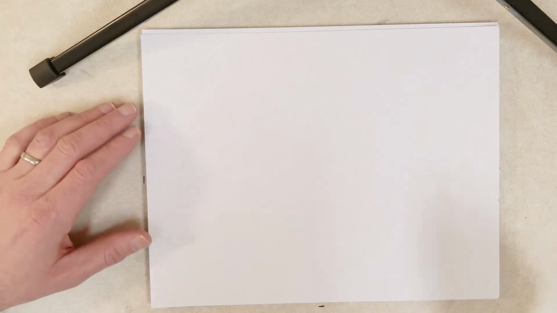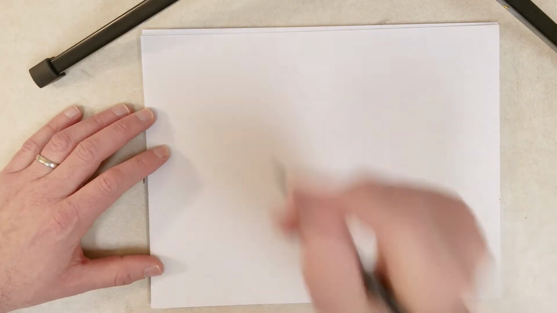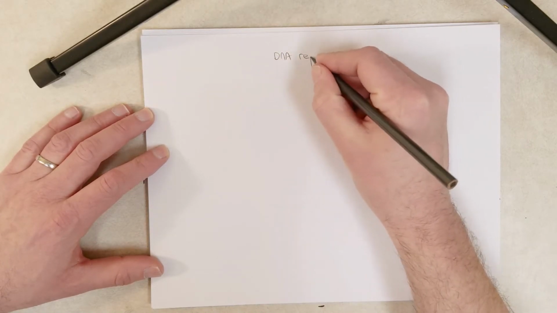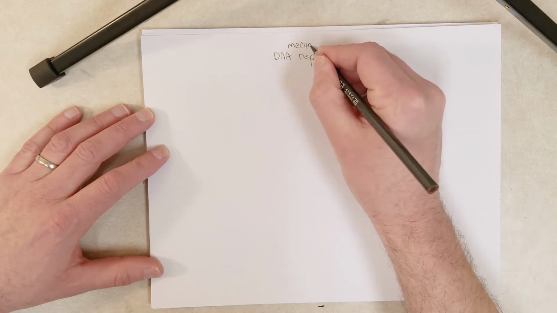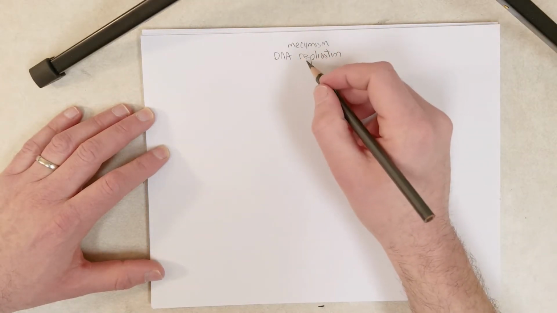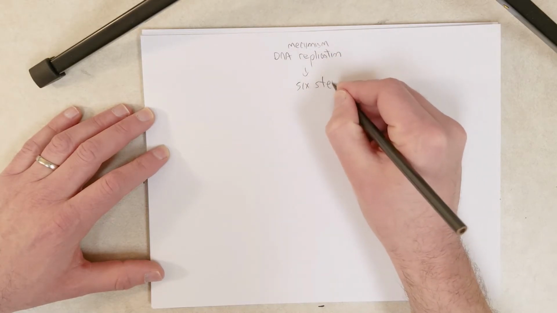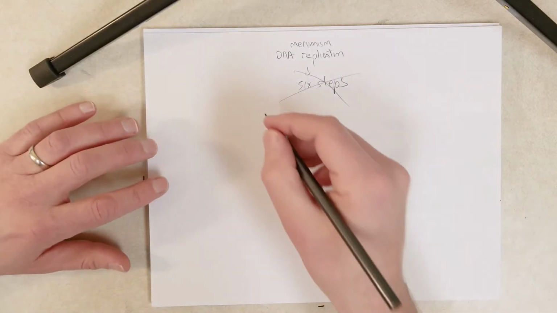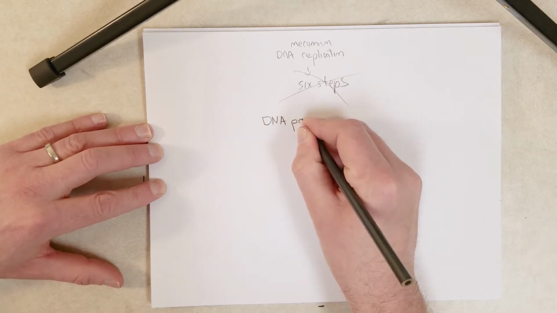Hi everybody. In this video, we are almost ready to start talking about the mechanism of DNA replication. So, mechanism of DNA replication. And I like to talk about this mechanism by describing 6 steps. But before we do that, I think it might be best to first look at the properties of 2 DNA